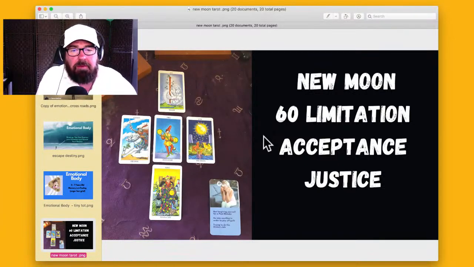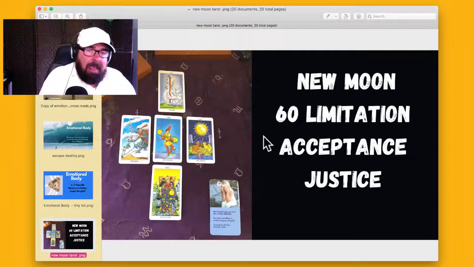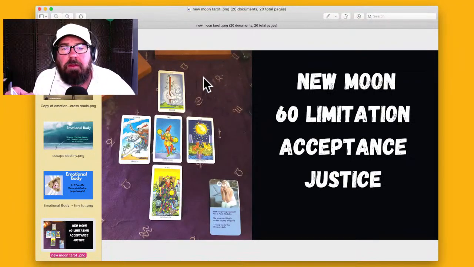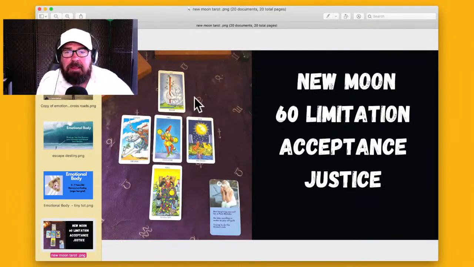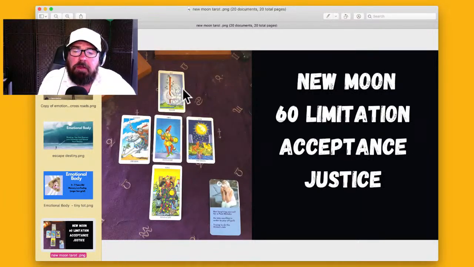There's abundance for everyone. And then at the top here, what the soul wants you to know and to focus on is this is the Ace of Wands. So this fits with this new moon energy. And wands are spiritual. So this is inspiration, right? Passion, passionate new beginnings. So what inspires you is going to be connected to this King of Pentacles. What inspires you? What new opportunities are available to you?